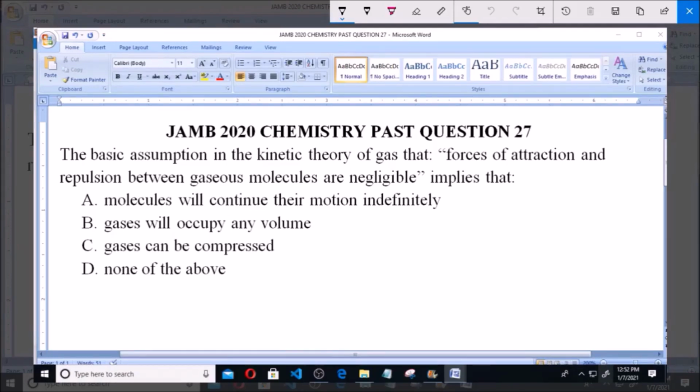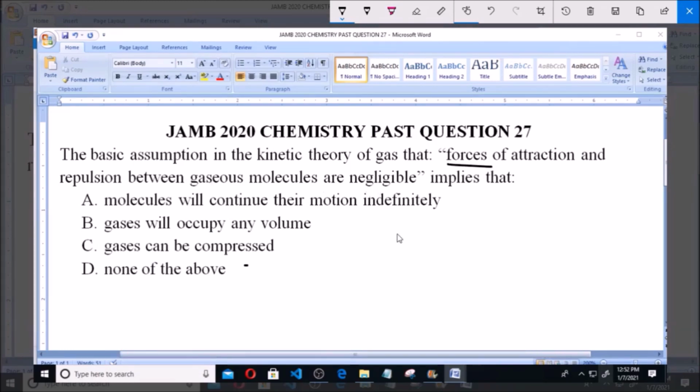The basic assumption in the kinetic theory of gas that forces of attraction and repulsion between gaseous molecules are negligible implies that A. Molecules will continue their motion indefinitely. B. Gases will occupy any volume. C. Gases can be compressed, and D. None of the above. Now looking at this statement, forces of attraction, that's cohesive forces, and repulsion between gaseous molecules